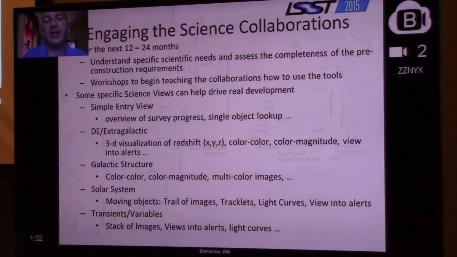to begin to understand specific scientific requirements and needs for the individual science collaboration. So that we make sure that we understand if there's something very specific that wasn't captured in the pre-construction requirements. And then slowly, we need to start educating the community and the collaborations on how to actually use these tools. So we're not quite there yet. We still have a fair amount of